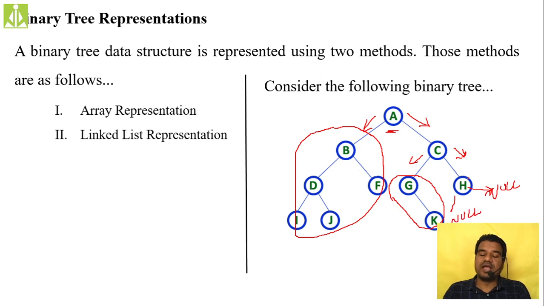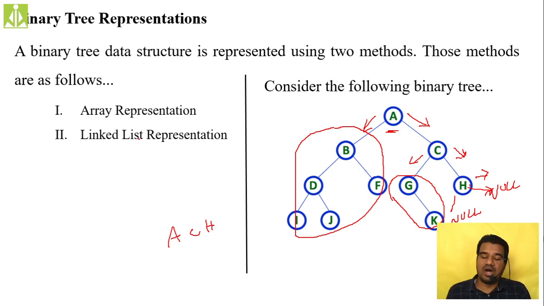So again, if we come to H and follow the same strategy, moving towards left, how many nodes will be printed on the output screen? Only A, C, H will be printed, and we are missing all other nodes. This type of problem arises if we try to traverse linearly, as we did in linear data structures. So definitely there must be a technique to follow so that we cover all the nodes present inside the tree data structure.